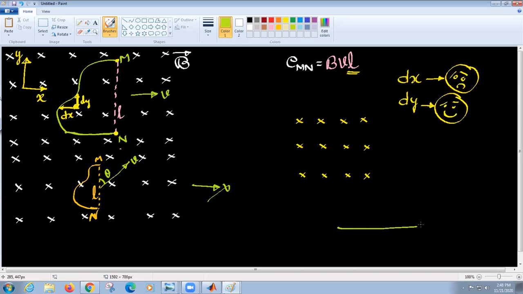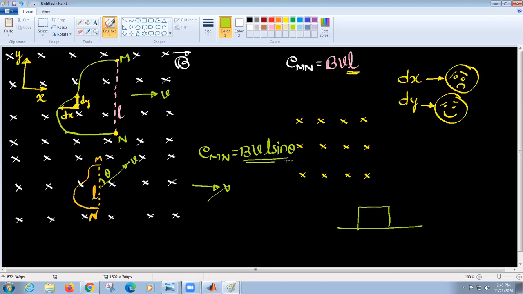BVL cos theta, sir. Think properly. It's again the same answer, EMF is BVL sine theta. How do you get cos theta? Think, you work on it.